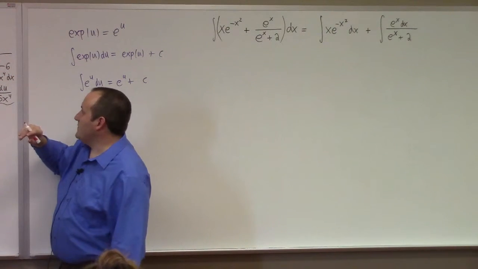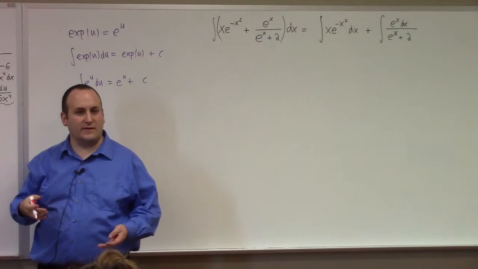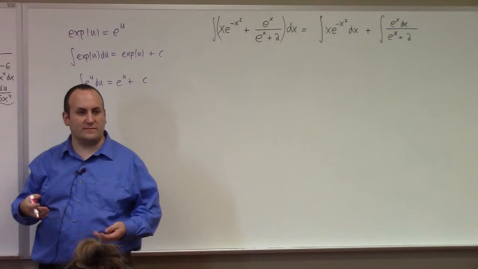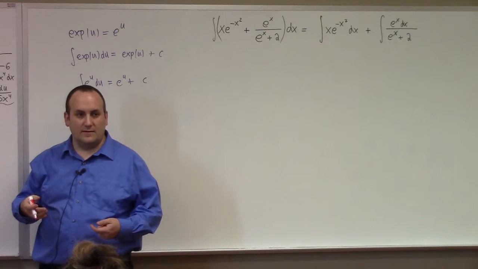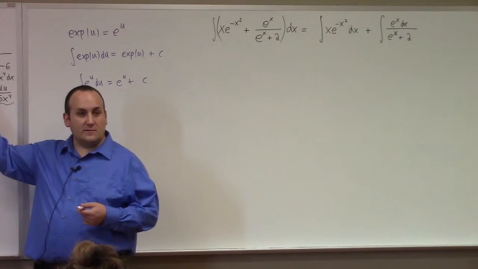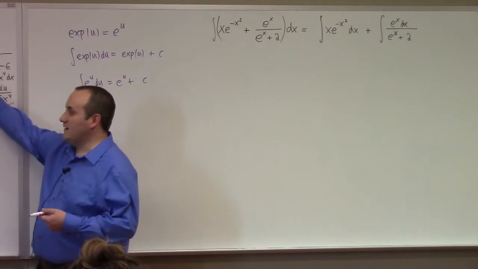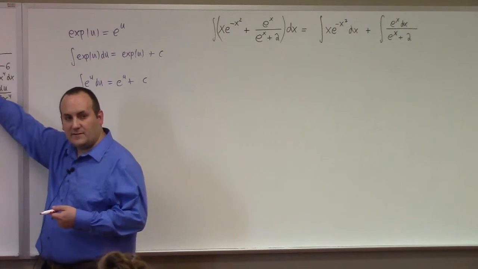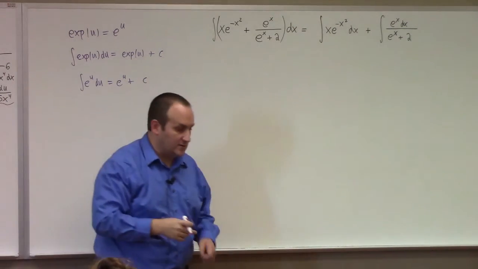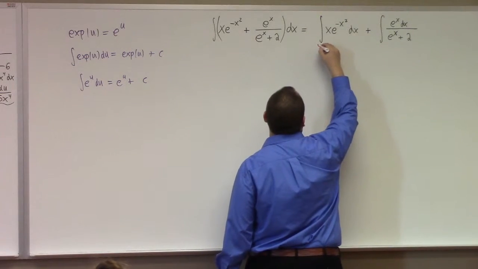By the way, I was complaining that you shouldn't write the integral without dx. You start to see why. What would happen if you didn't write integrals with dx and you're doing these calculations? You might forget that you have to convert the dx to the du. That's the mistake I was talking about last class. That's why we must write dx, because dx reminds us that we have to convert it to du, and then there's some scale factor that enters in depending on the substitution. So again, dx is something we should write.